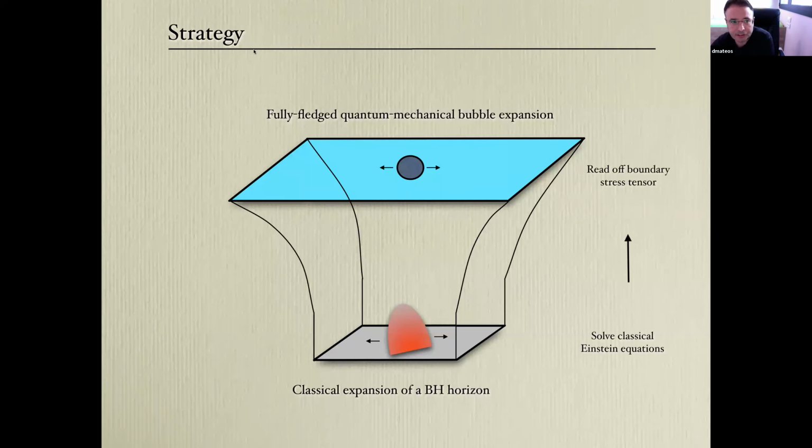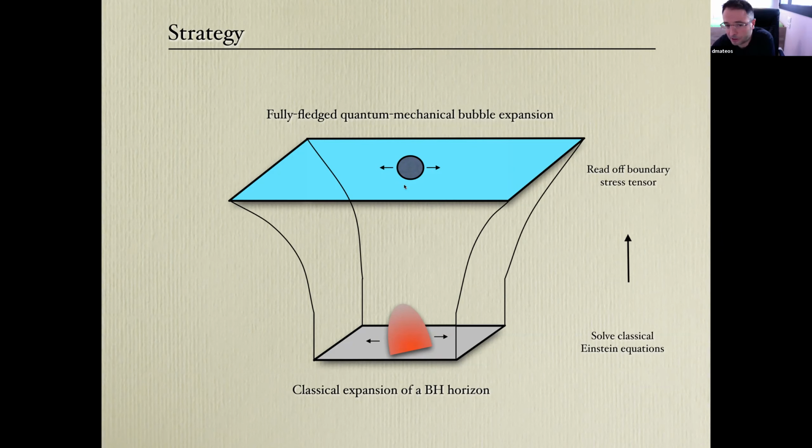And this means that the strategy we're going to follow, since we don't know how to analyze from first principles this theory in this out of equilibrium situation, in particular strong coupling, instead of that, we're going to solve this problem over here, which is equivalent, by solving or evolving in time Einstein's equations starting from some initial state, dual to the bubble. And then once we have the solution here, we'll simply apply the dictionary and read off the exact behavior of the stress energy tensor in this theory.